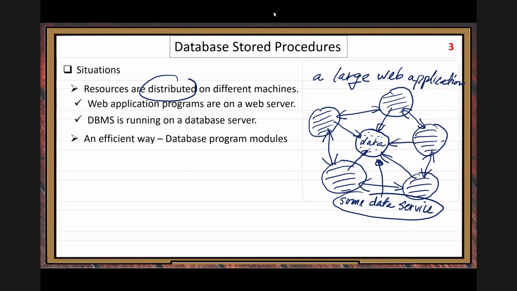Another is to use application programs, where you implement data services with your programming language, with SQL included in your code. In the database server, you use SQL to write a stored procedure. So there are two different ways.